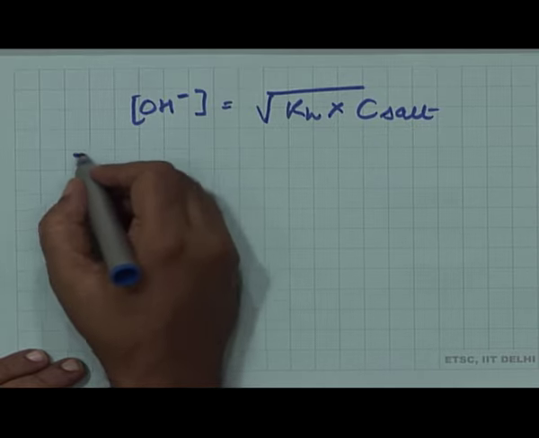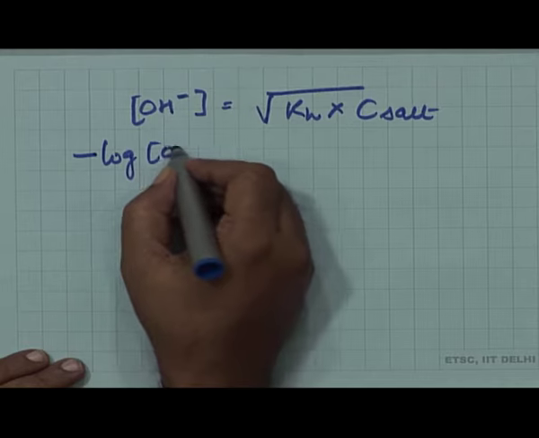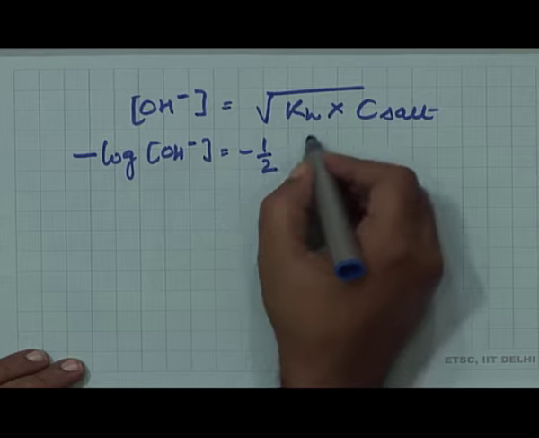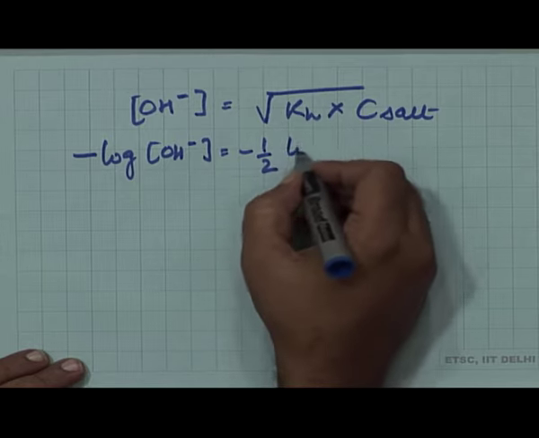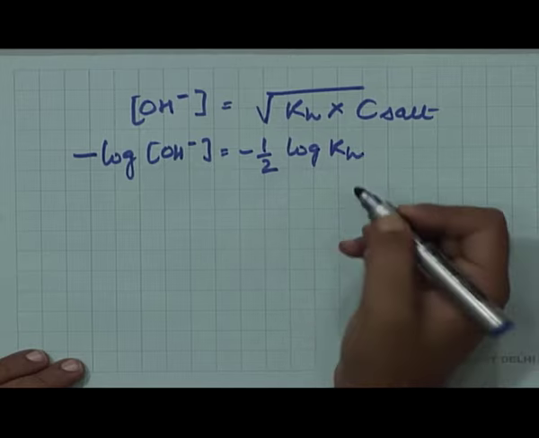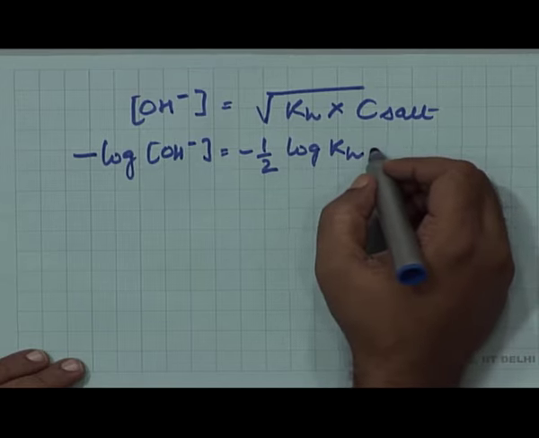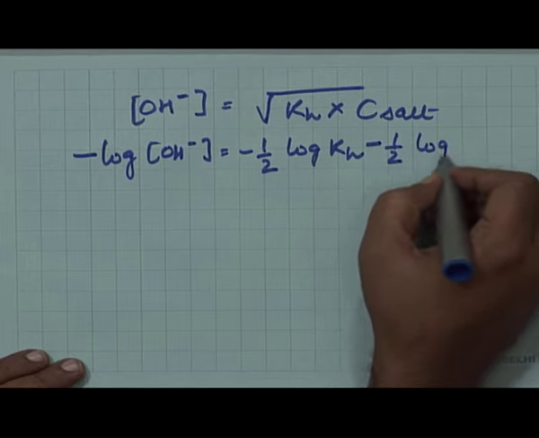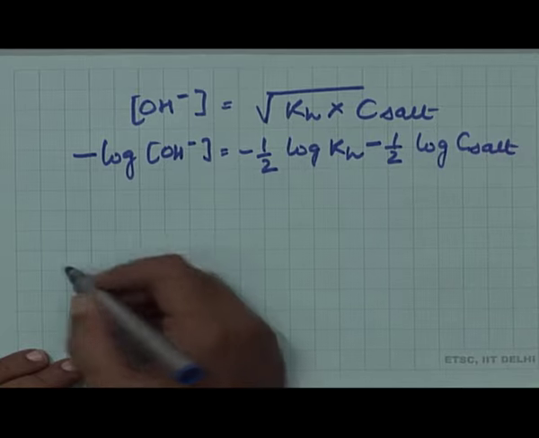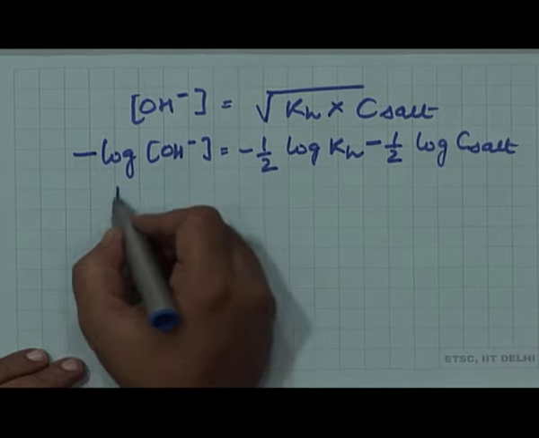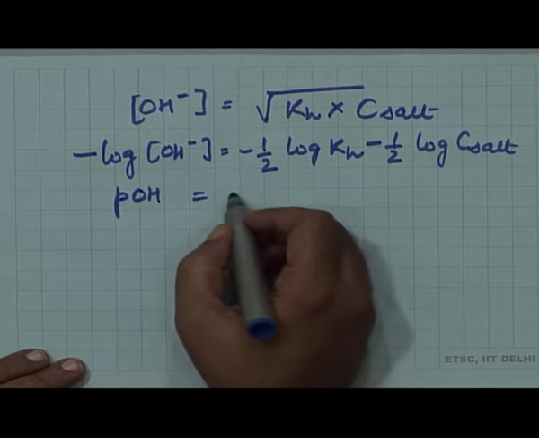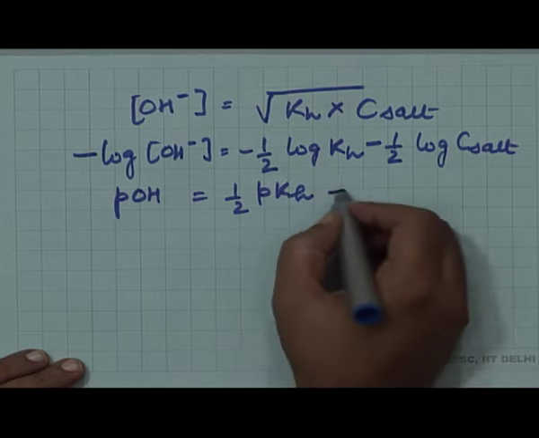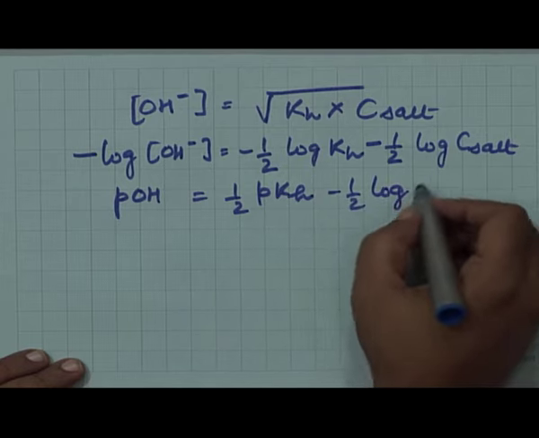So, let us take minus log of OH minus ion concentration, which is equal to minus half log Kh minus half log C salt, and this is pOH, and this is equal to half pKh minus half log C salt,